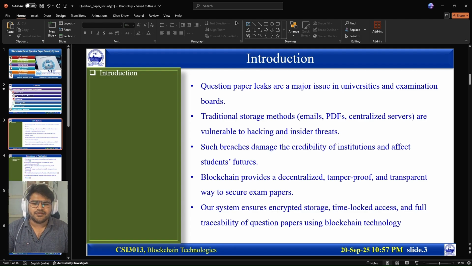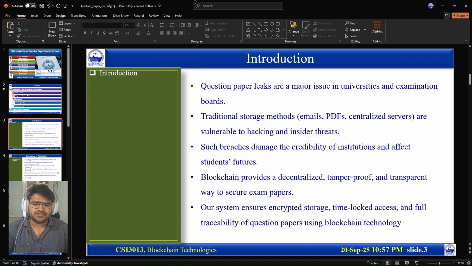How do users benefit from this? Faculty can securely upload question papers without fear of leaks. Papers are immutable once uploaded. Exam officers or invigilators access papers only at the scheduled time and get verified access via blockchain. There are no fake users or duplicate users. Students benefit indirectly by having fair, transparent and leak-proof exams, which eliminates unfair advantage due to leaked papers. The university or institution increases credibility and trust, and reduces the chance of insider fraud or hacking.